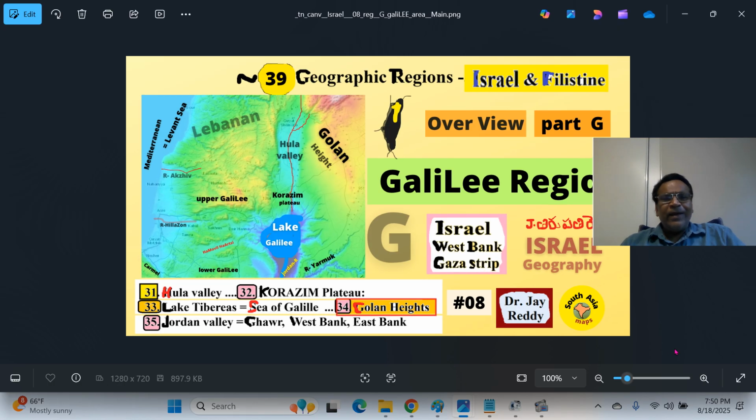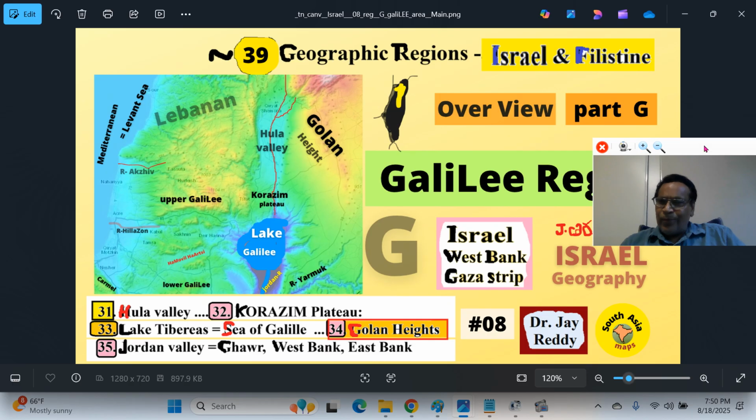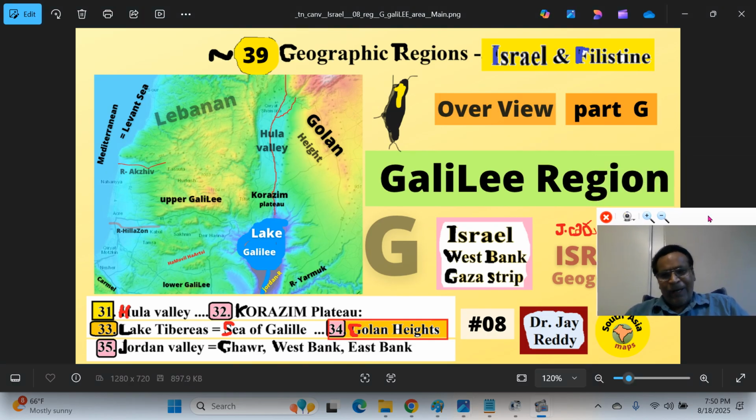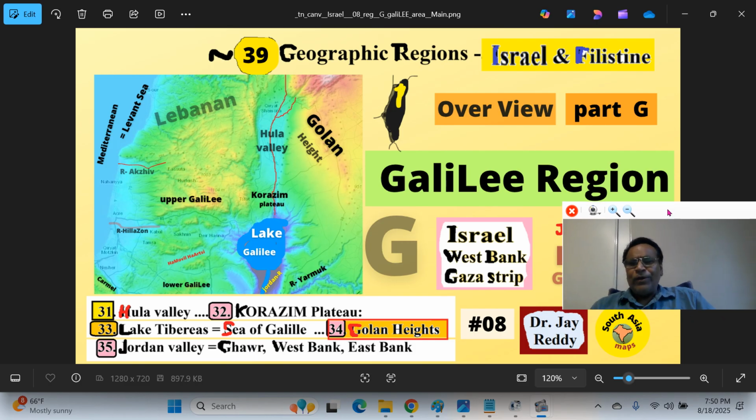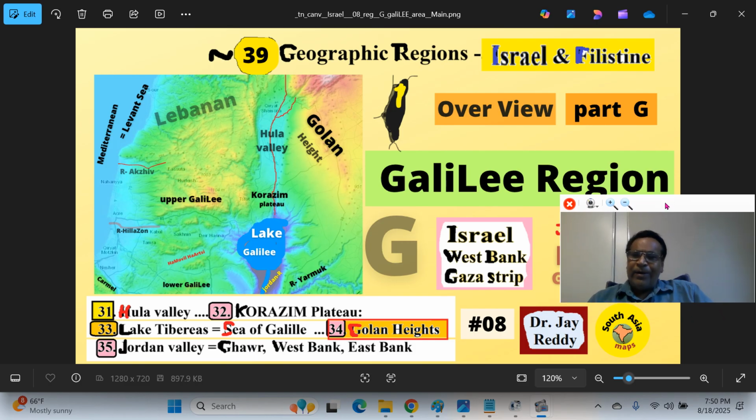And the Sea of Galilee, post the 1967 war or Six Day War between Israel and other belligerent Arab nations, Israel conquered a lot of areas like the Sinai Peninsula and so on, and finally it returned them. It kept the Golan Heights for strategic reasons. That's why understanding the physiography will give you deeper understanding of the socio-political, economic situations at the ground level.